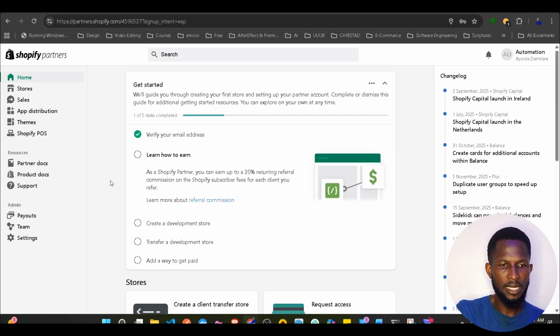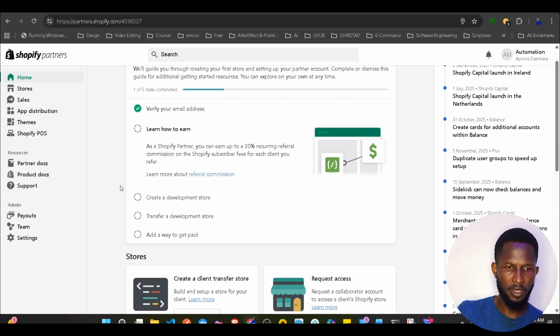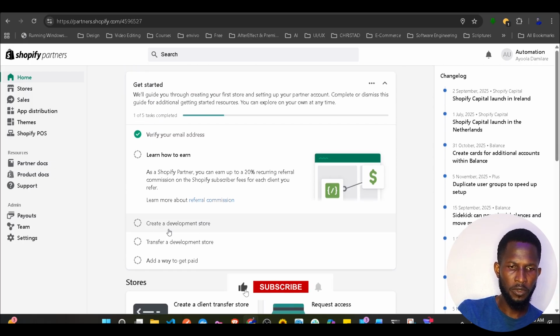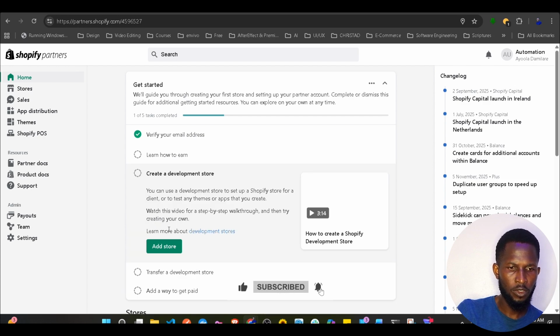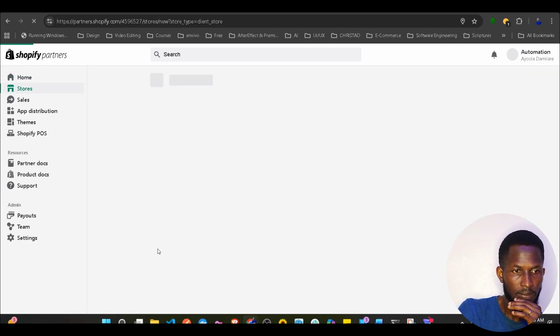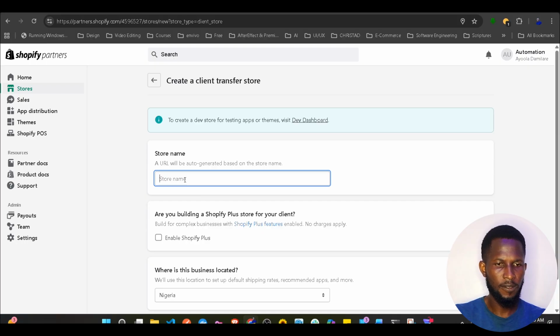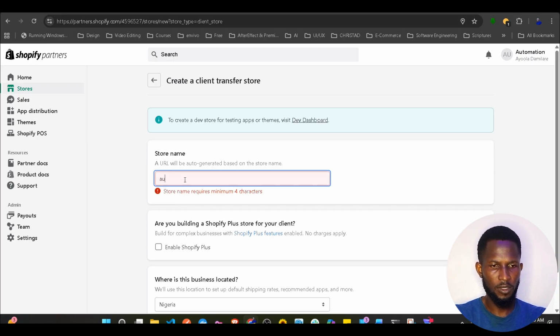So what we need to do now is to create a development store. Just click on this and then add store. Add store. And then this is it. You need to fill in your store name. So what's your store name? I still want to use